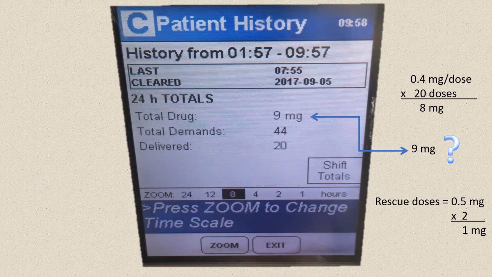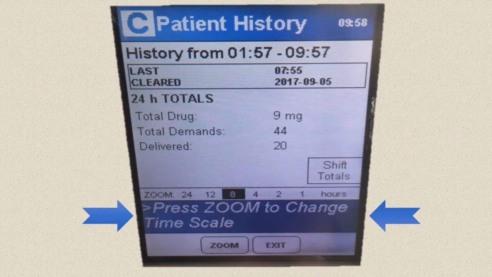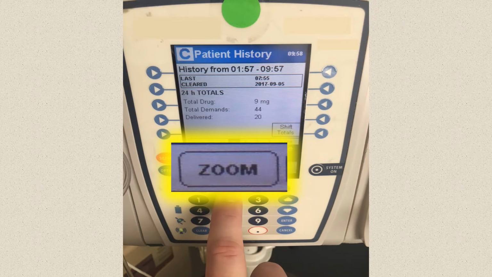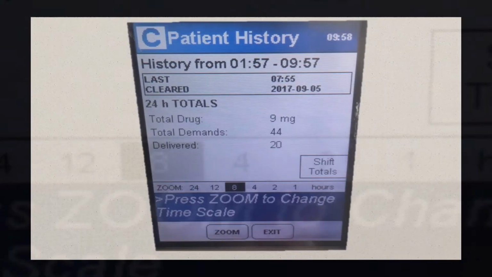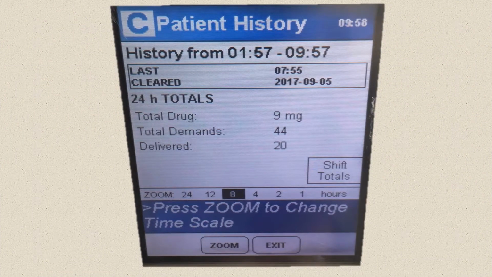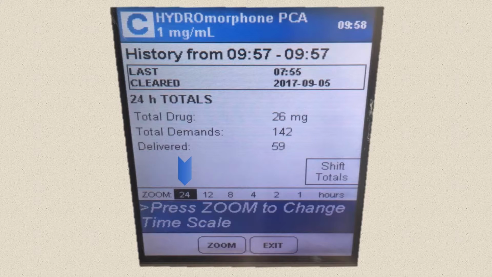The next thing to note is the instruction here near the bottom. In order to move to the other available time periods, you push the button below the word zoom here. Every time you push the button, it moves the cursor over 1 from left to right, like you read. So if you're at 8, you next move to 4, push again to get to 2, push again to 1, and push once more, and you wrap around to 24. If you wanted to go to 12, you'd push zoom one more time,